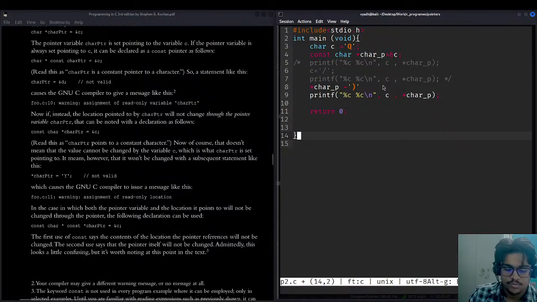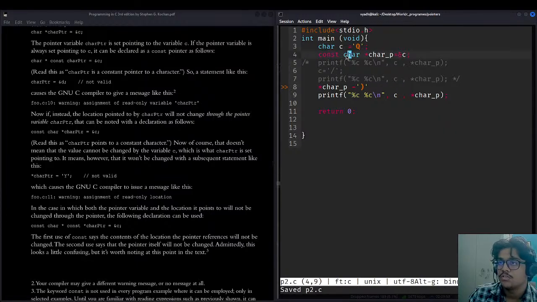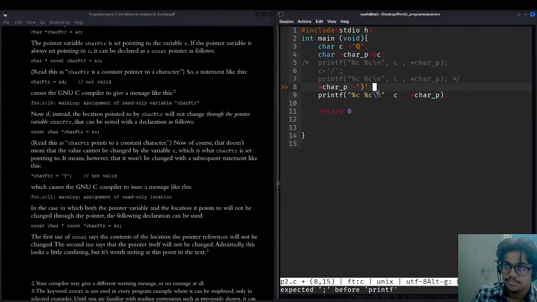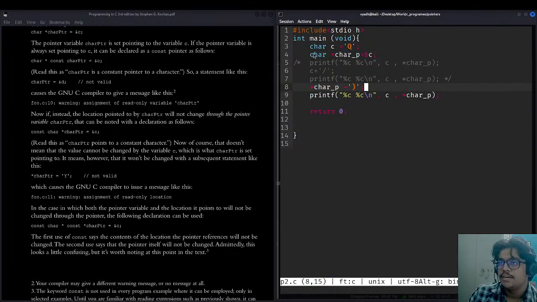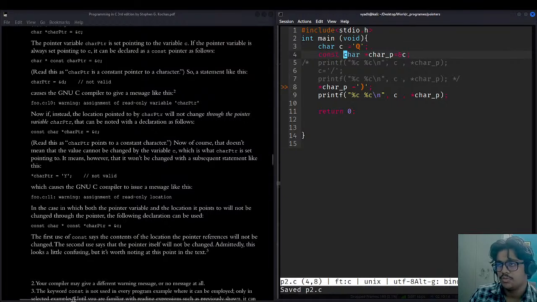We have done like this, but when we do control s, it is showing this error. If we remove const and do control s, it will be working fine. But if we write const and do control s, it's showing an error.